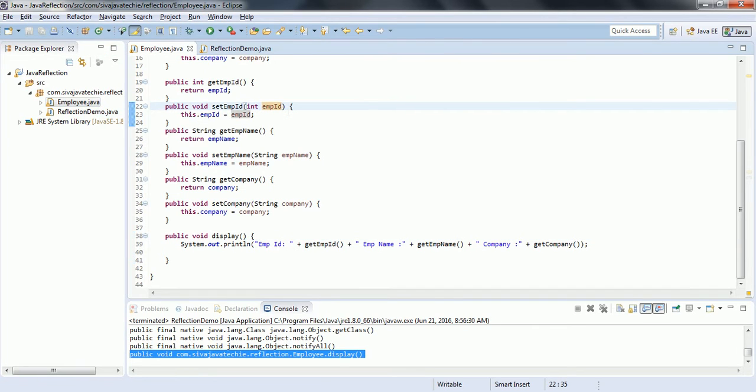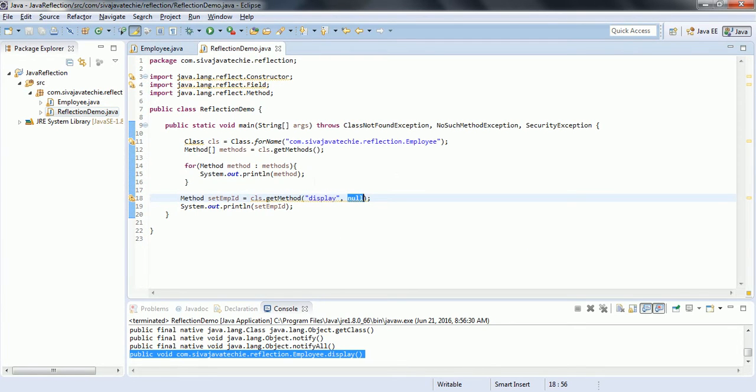Now I want to add one more parameter, just a string emp name. Now I want to get this method using Java reflection. So in that case, I need to go here and specify set employee ID, and if you want to read that one, you can use new Class array of.